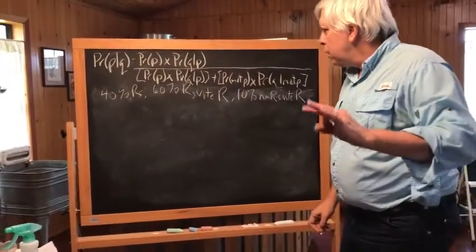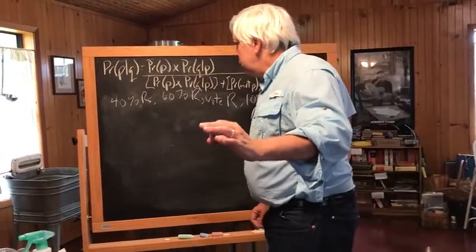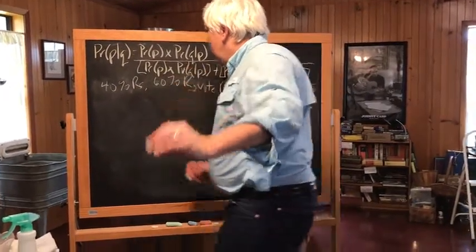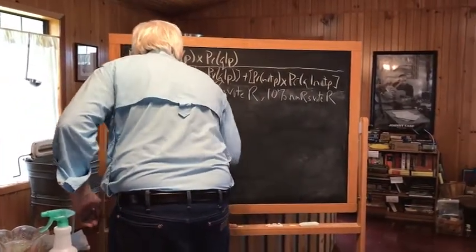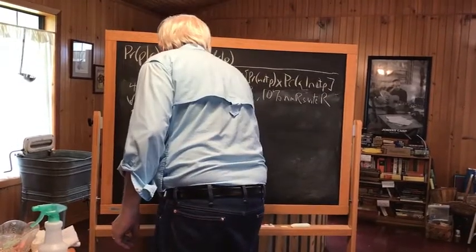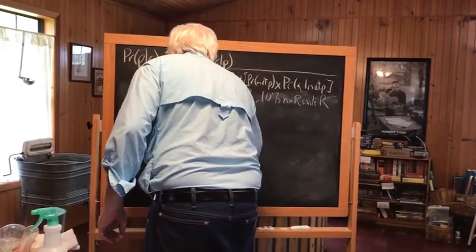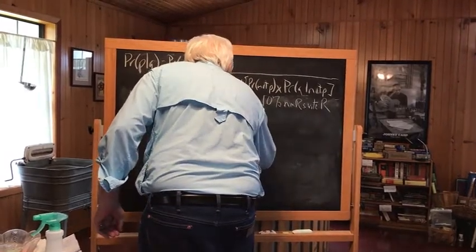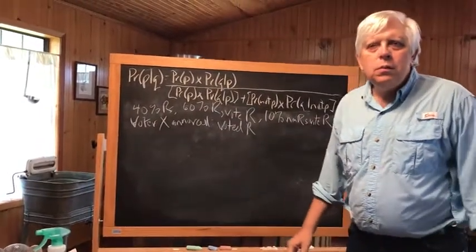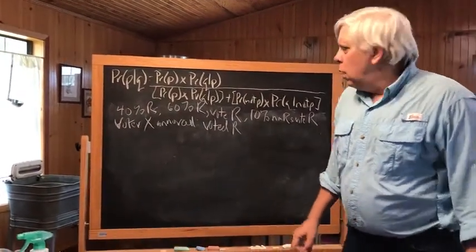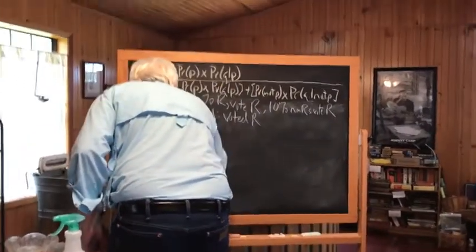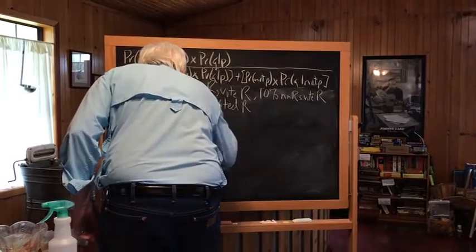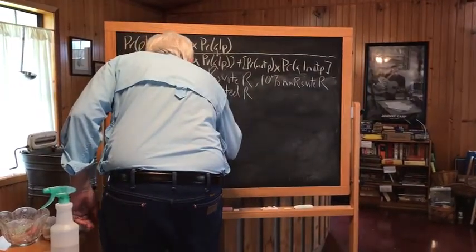A voter exits from the voting booth and announces that she has voted for the Republican candidate. So voter X is chosen at random, and voter X announces voted R, and we're going to take her word for it. What is the probability that she is a registered Republican? So now we want to know the probability that X is R, given that X